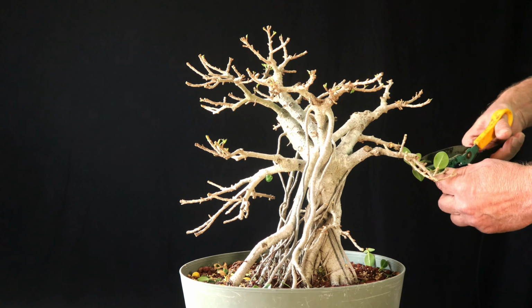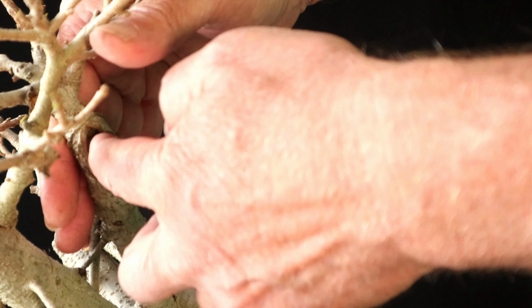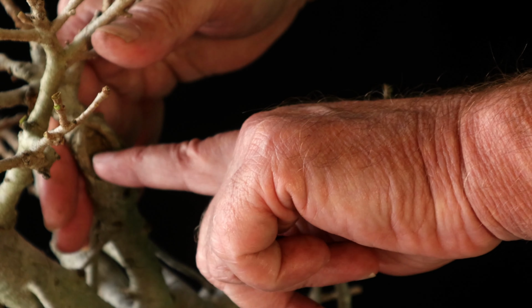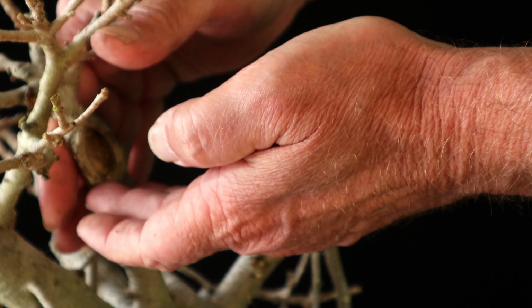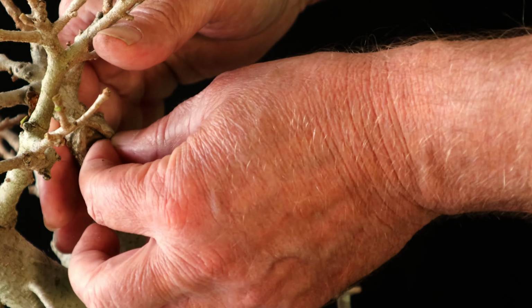A branch is hanging down in front of this, but I just wanted to show you what a healing wound should look like. It's got the good tissue there, and then just a little bit of dead wood in the middle, and eventually this will just continue rolling over. Once it's rolled over completely, eventually it'll look a little more like the bark. It won't be smooth, but it'll be rolled over, and it won't have the dead wood showing,